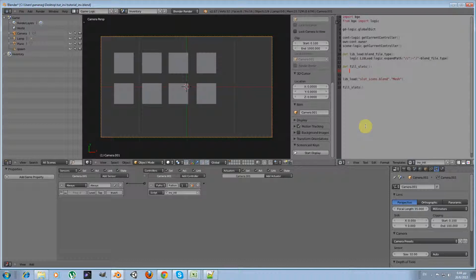What this function will perform is it's going to run a loop for i in gd inv dot values. It's going to loop through the values of the inventory dictionary, and it's going to detect whether a slot is empty, and if a slot is empty, it's going to replace its mesh with the mesh of the slot icon. So I have to assign a new variable, counter, with the initial value of 1, and now if id obj